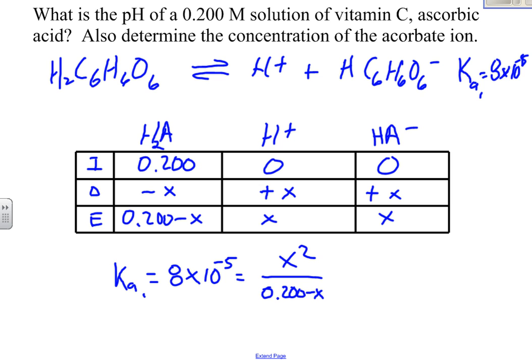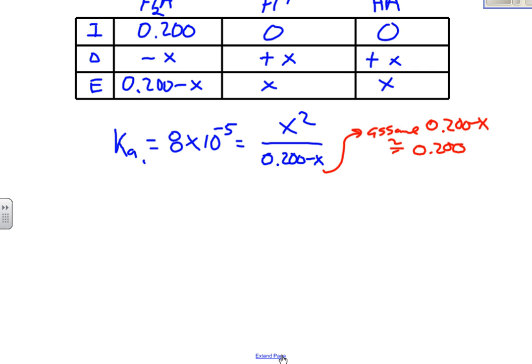Of course, we're going to take advantage here of the small value of the Ka and the relatively large concentration of the acid. We're going to assume here that 0.200 minus x is approximately equal to 0.200. So the x is negligible there. And then we'll continue our problem. If we do that, we end up with a value of x of